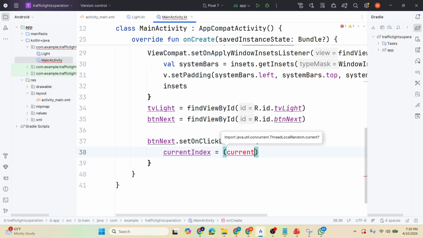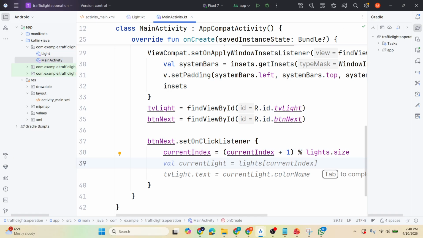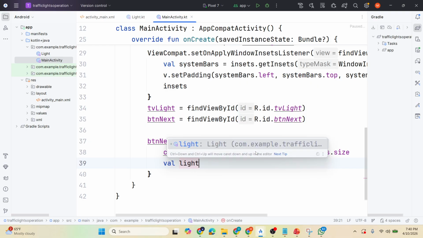Okay, so it is current index plus 1 modulus lights dot size. Okay, so that is the current index, and now val light, so we are going to get the lights from current index,